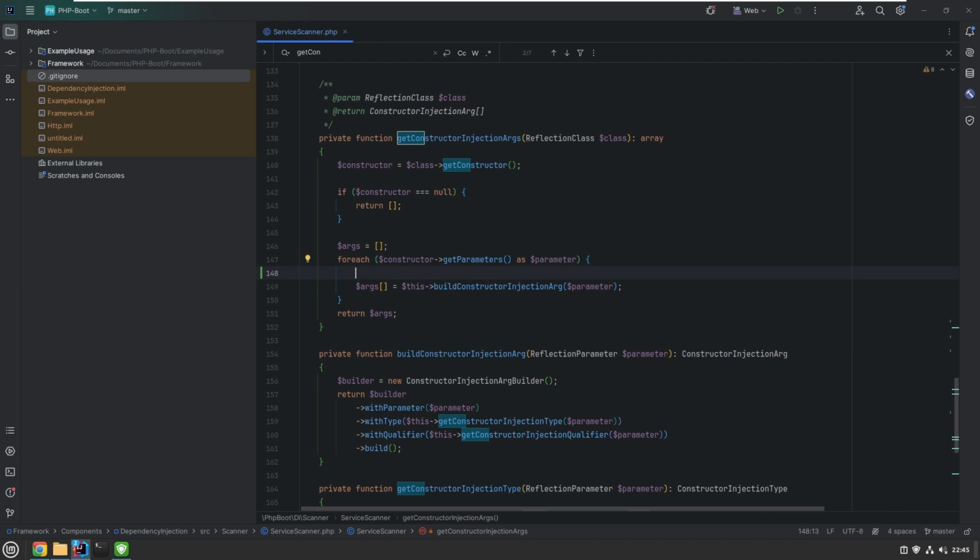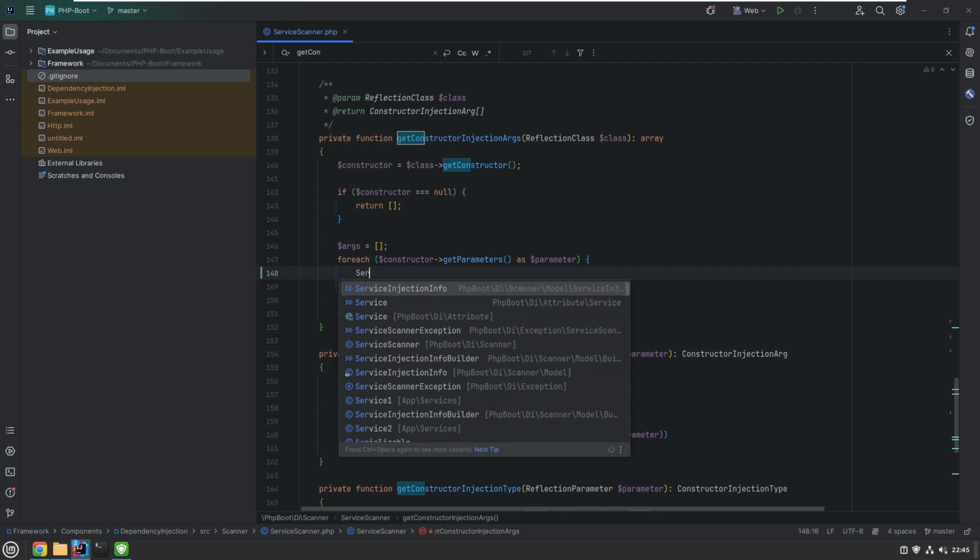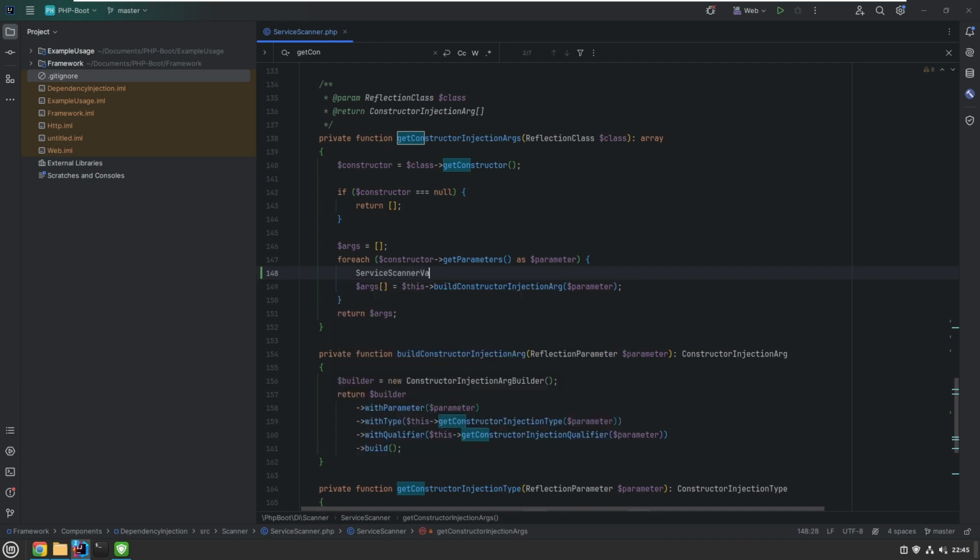So this will be another class we will be creating in a moment, which will be called service scanner validator, which will be a utility class for us, and we will say validate constructor, type it correctly,